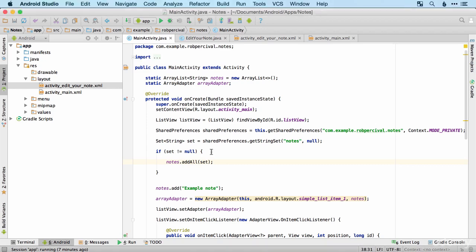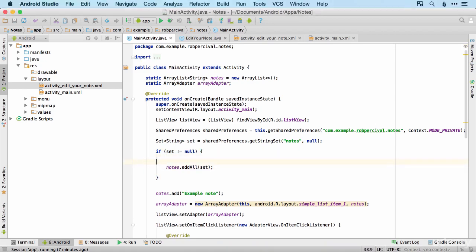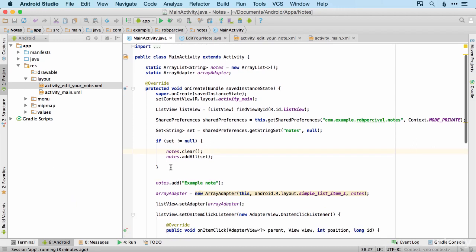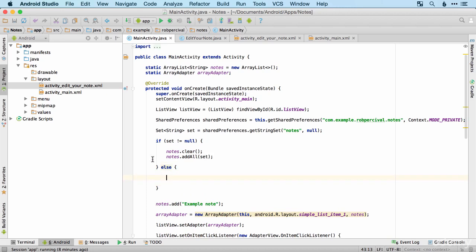When we do that, of course, we should clear notes beforehand so that we're not adding items multiple times. So that then just essentially converts our set to an array list, which we can then use with an array adapter. So if that's not the case, i.e. if set is null, then